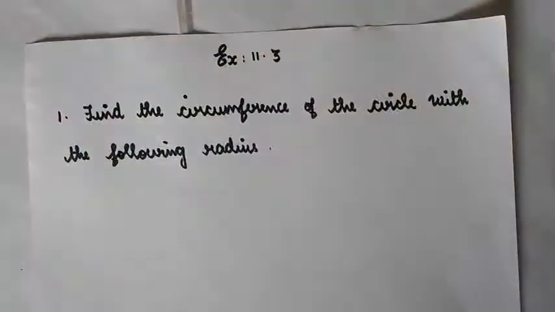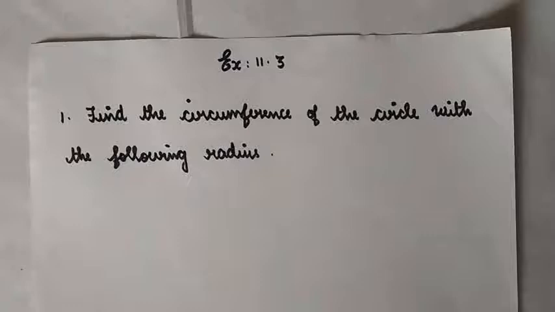Now that we have discussed area of so many different geometrical figures, let us talk about one more geometrical figure, that is circumference of circle. What do you mean by circumference? It is nothing but the length of the boundary of a circle. That is called circumference of the circle. Let's see an example problem.